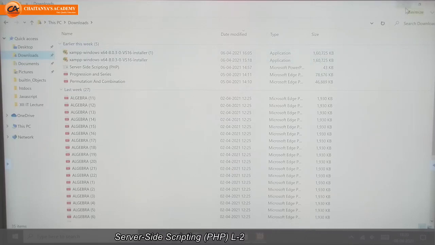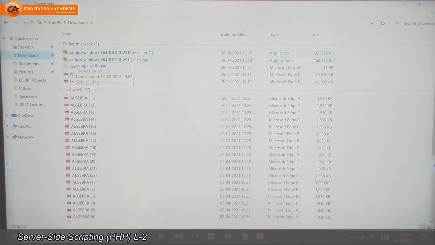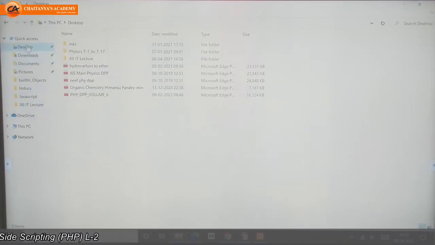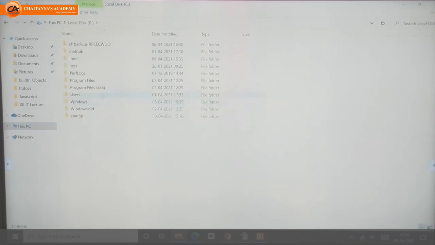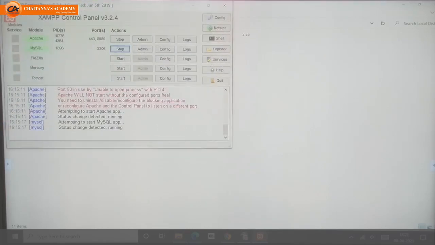Just make sure that whenever you save, you will get this folder. So make sure that you save the folder in your C drive. And at the time of running, you should start your server from the XAMPP control panel.